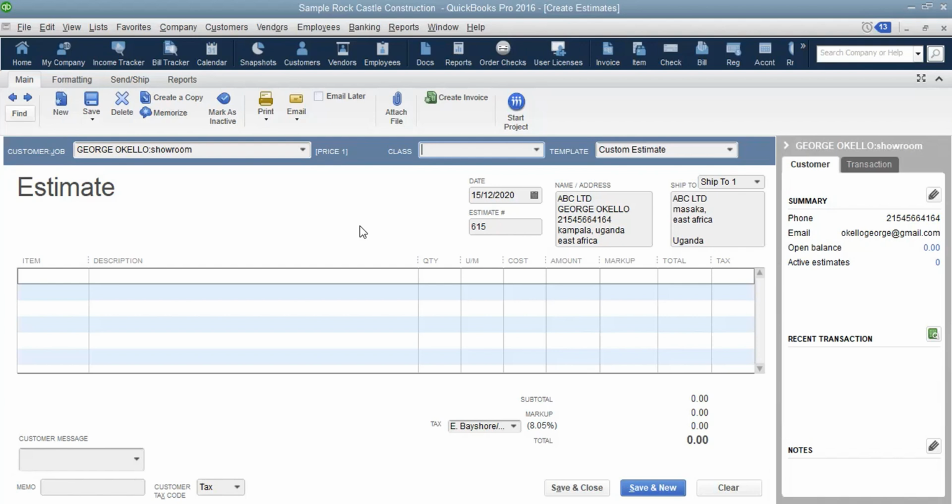Hope that one is clear. We can't use two levels. I couldn't type there Okello, comma, George. Then colon, you put showroom. It will be wrong. In other words, these levels, we are meaning the